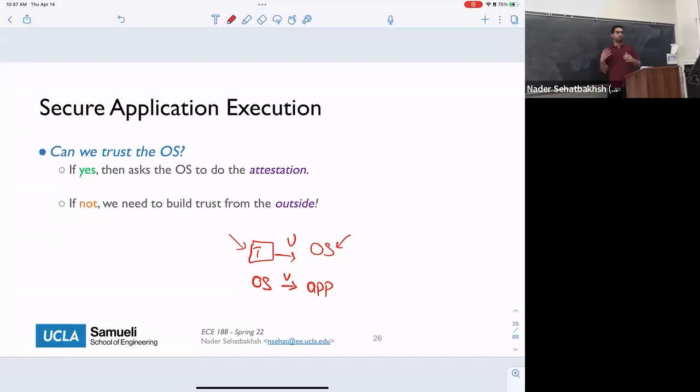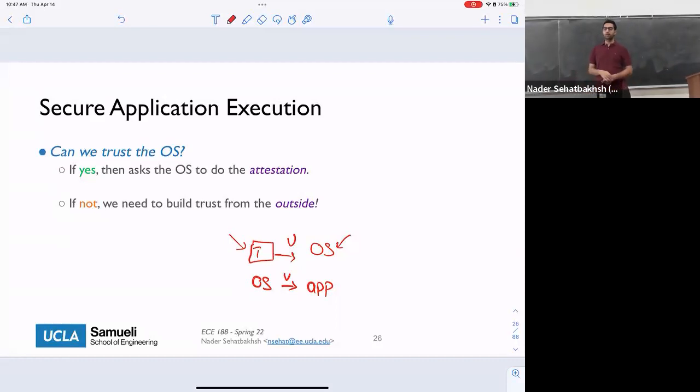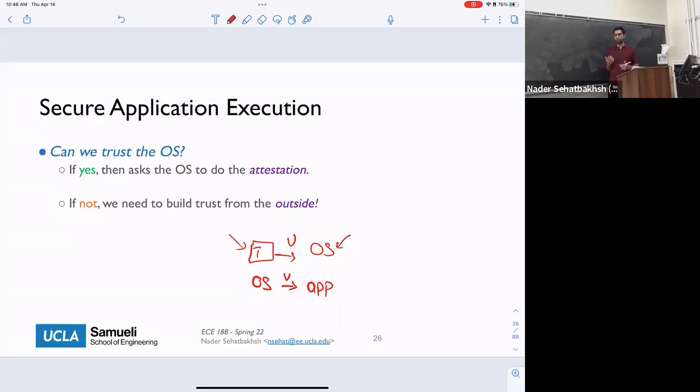And you're kind of in this adversarial setting where you want to run something on your computer, but you don't trust anybody, right? The only thing that you trusted was that piece of TPM, which is no longer active, because the only time your TPM is active is during your boot sequence. So you want to run something, but now you're in this adversarial setting. So what should we do, right?